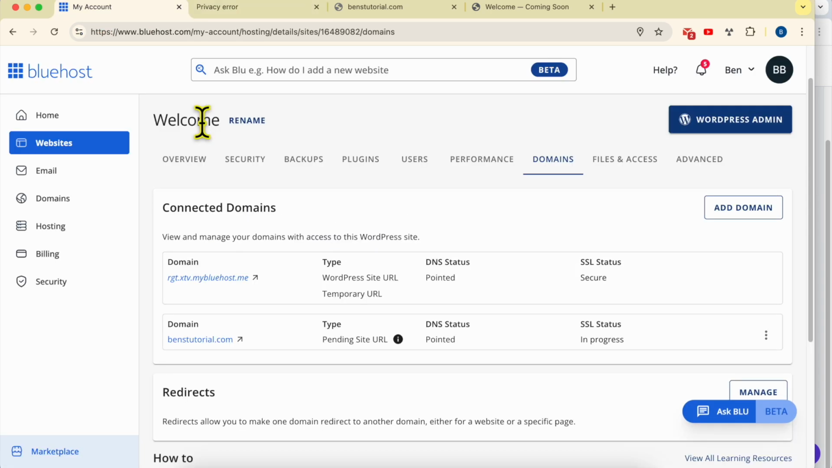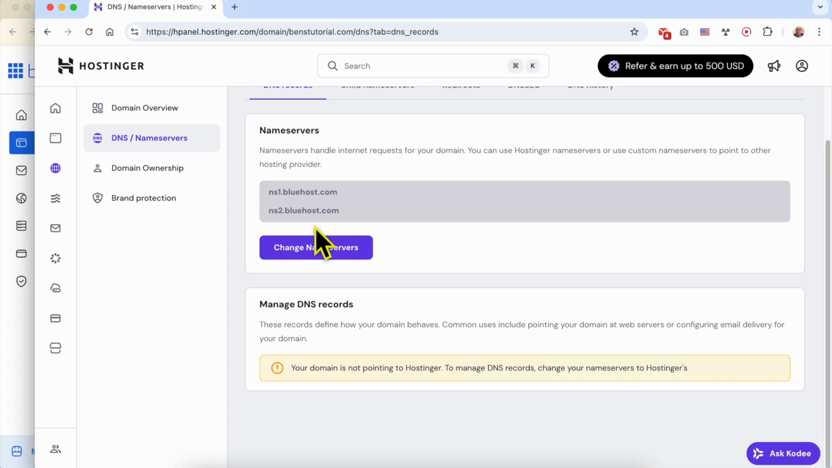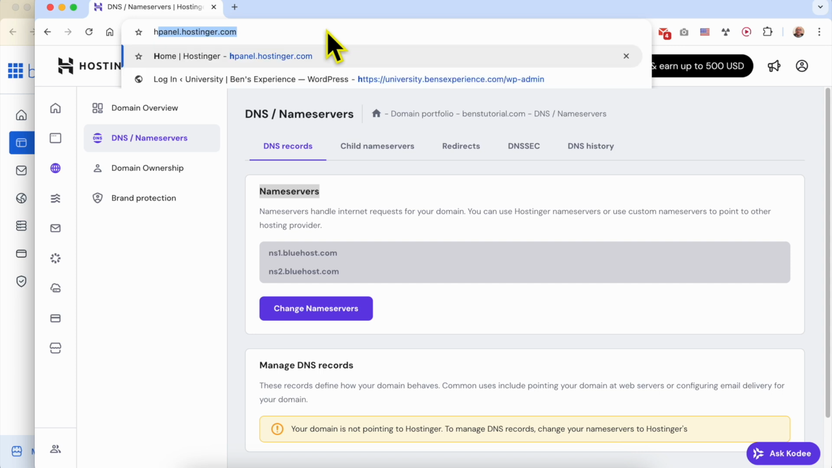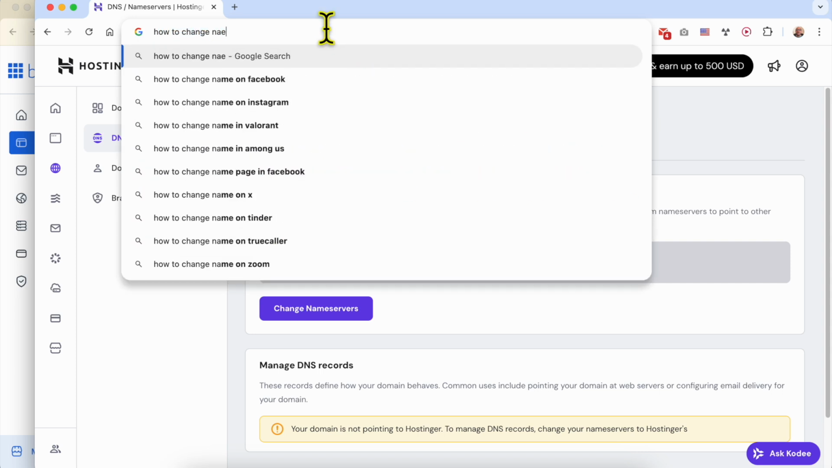I forgot to let you know that the name server change will differ in the user interface for each domain name provider. What you should be looking for is name servers. If you don't know how to locate this page on your different domain name provider, simply look for how to change name server